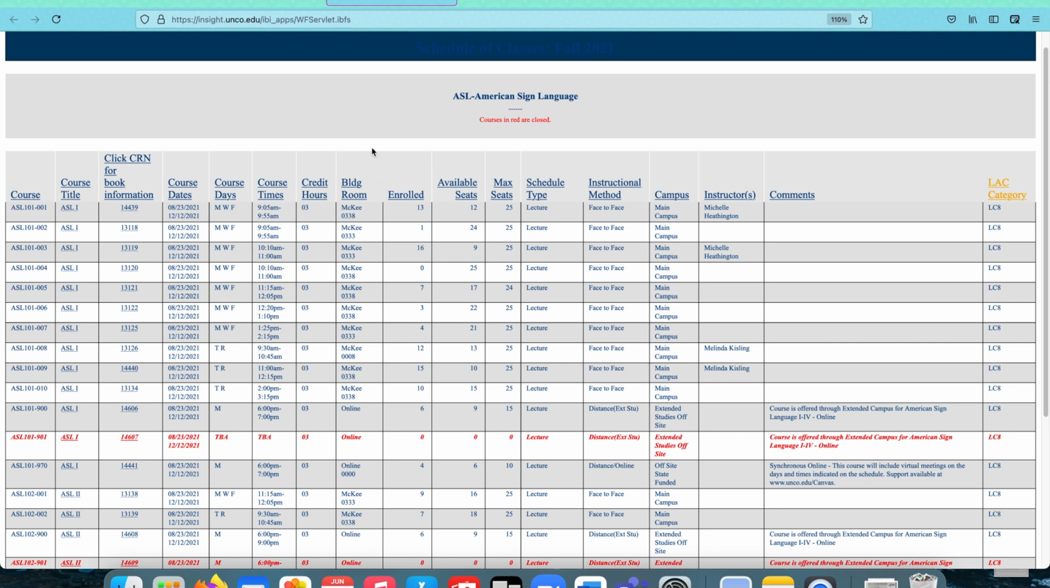There's the building and the room on here. I find this helpful because if I am planning 2 classes close together in time, I also want the buildings to be close together so that I don't only have 5 minutes to get from one end of campus to the next. You can see how many seats there are left in the class and how many students are